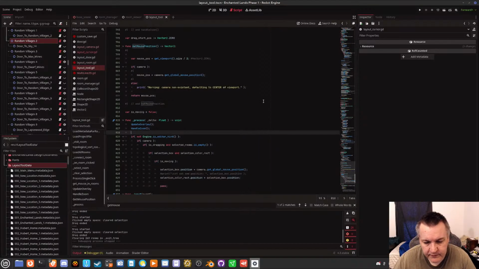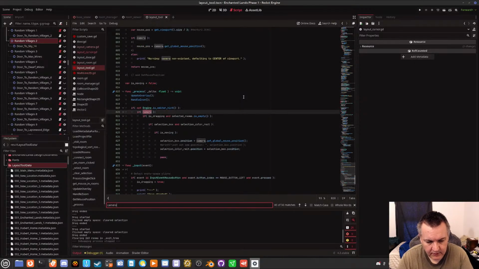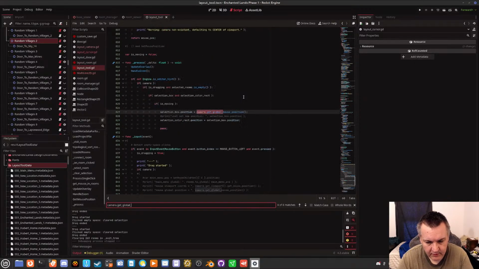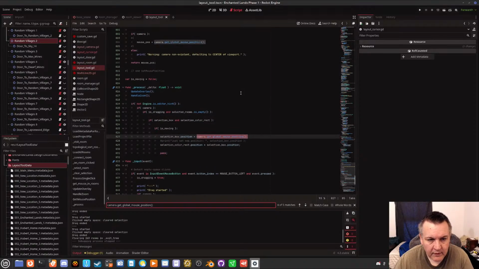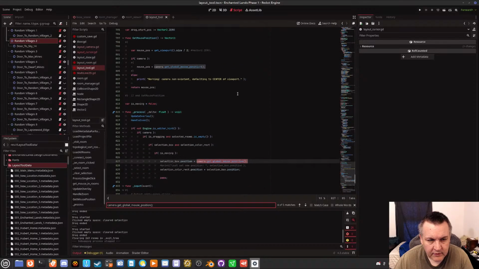So now camera dot get global mouse position. Okay, get mouse position.